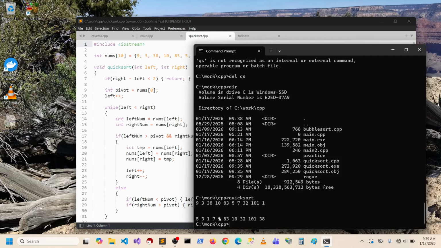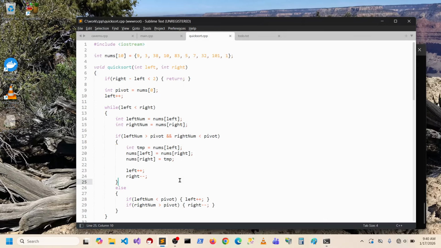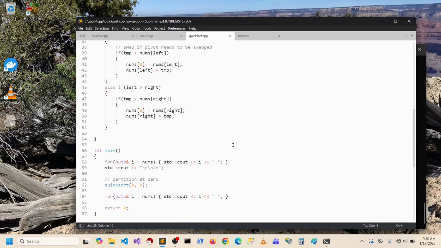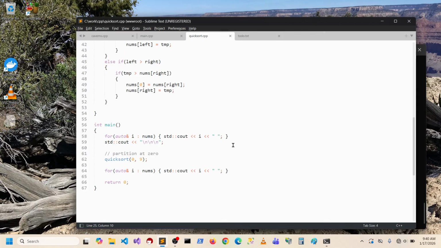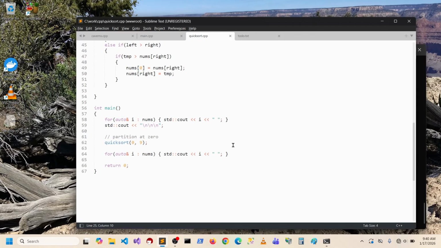So our partition was 9. Right now I've got it where it's sorting the first pass, so everything's on its proper side of the partition. So now I need to make this recursive and